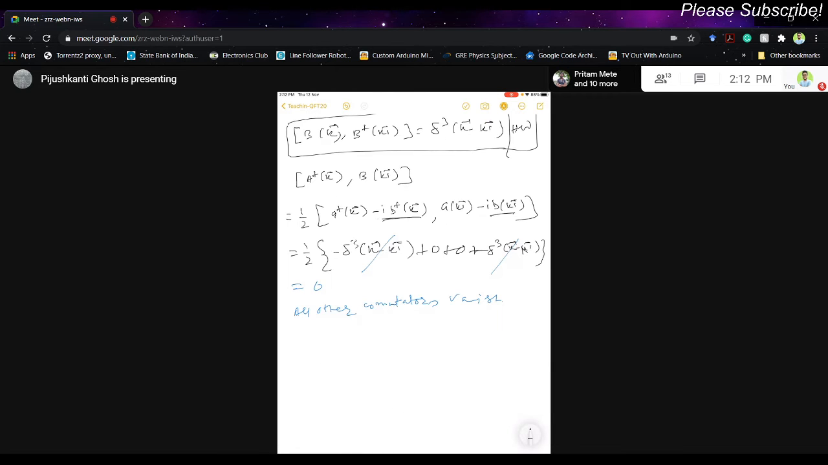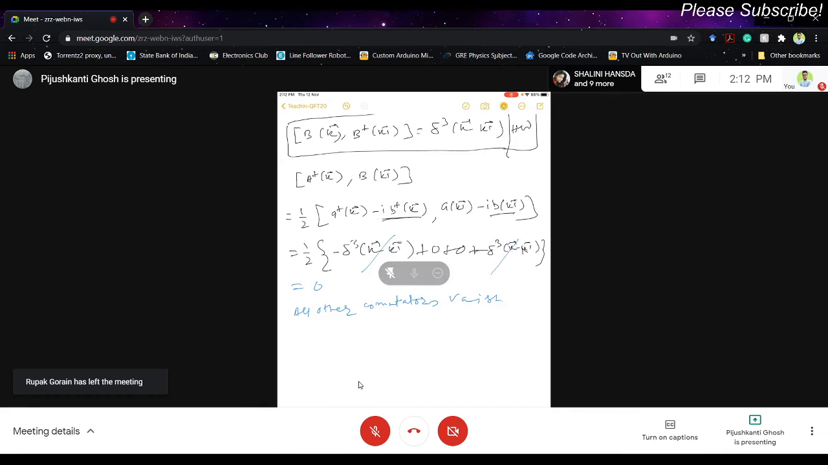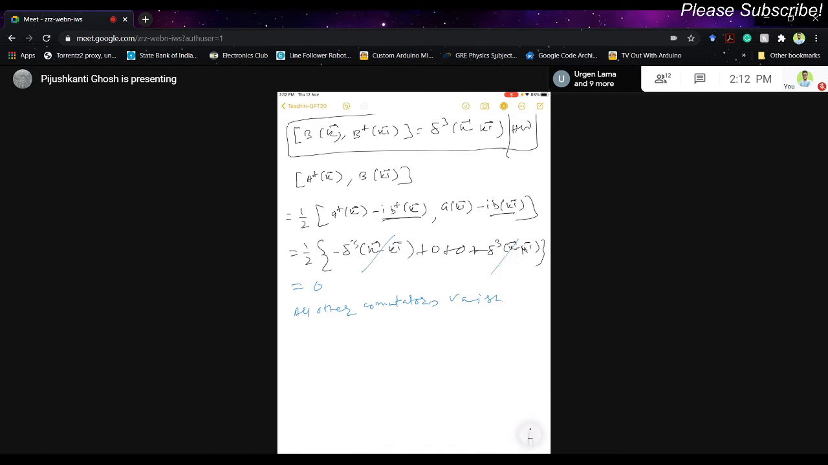বলো আর কিছু? হ্যালো। হ্যালো। হ্যাঁ স্যার। Any other